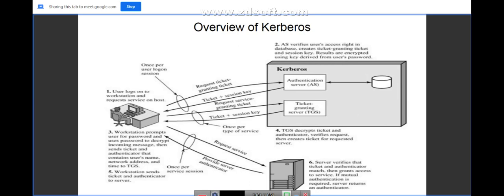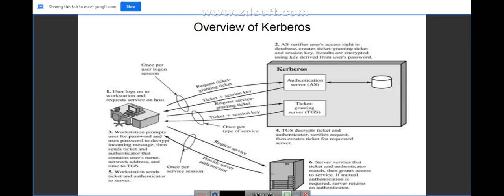Now we look at the sixth one. The server verifies that the ticket and authenticator match. This TGS will be encrypted by the server's private key. The ticket which has been sent by the TGS to the client has been encrypted using the server's private key, so only the server can decrypt it. The server can decrypt that TGS, and it can decrypt the authenticator using the session key which has been sent by the KDC to the client. Now the server compares the details.